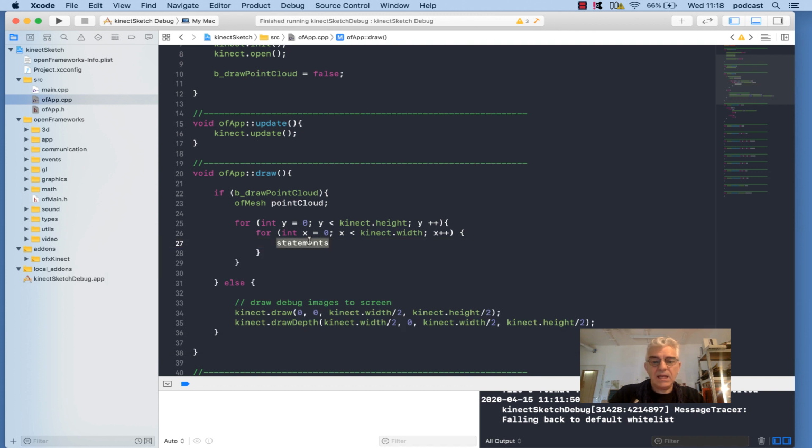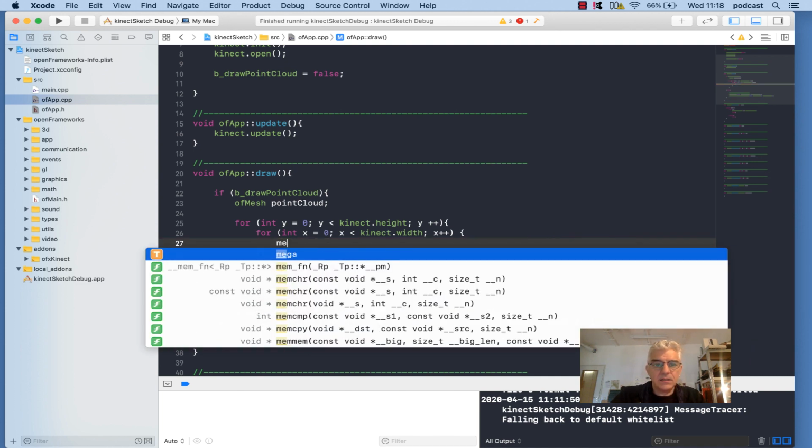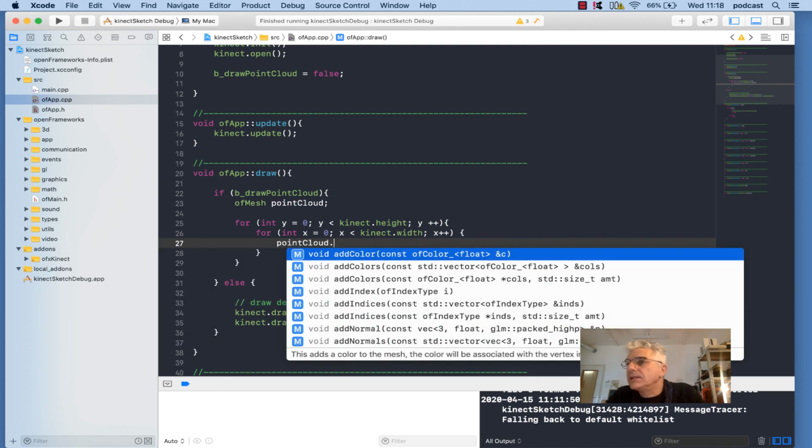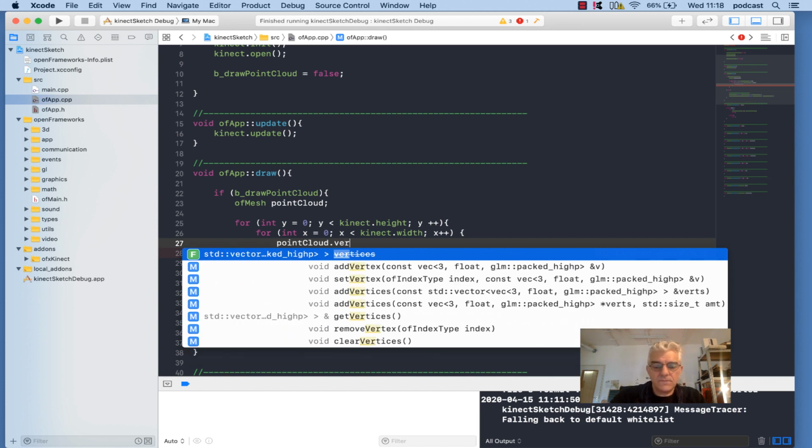And in here, I'm going to grab data from my Kinect sensor and put it into my mesh piece at a time. So I'm going to say at this point, I want to add to my point cloud, and I want to add a vertex,